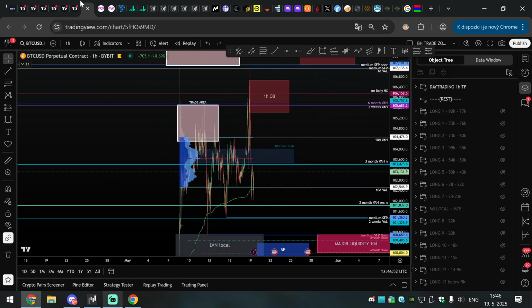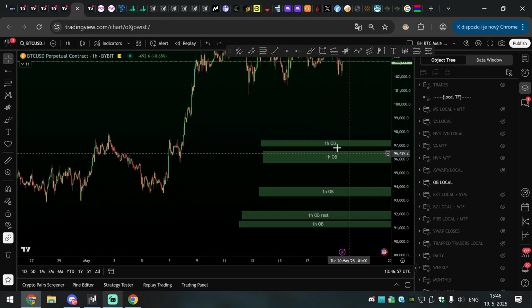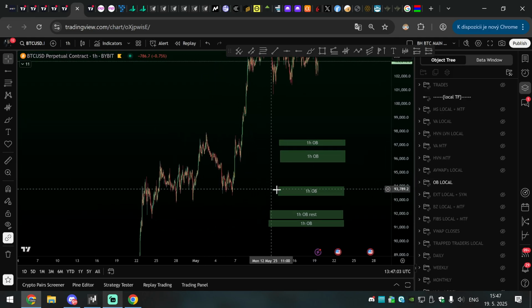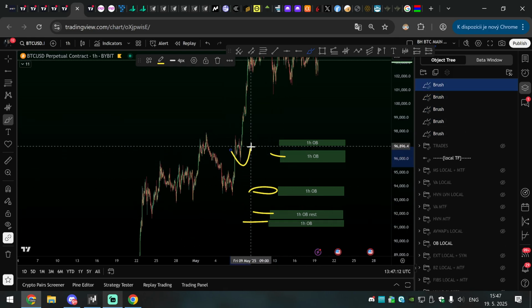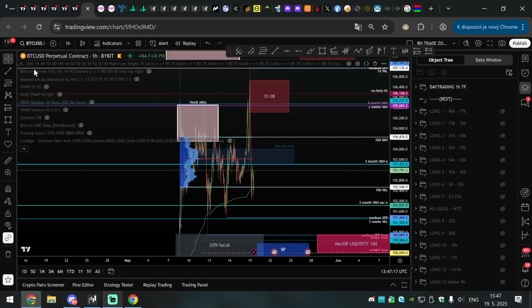So you've got this one, and then we have another one above us, and below us we have a lot of order blocks as support. We've trapped a lot of shorts in them, so you will be seeking them. The best order blocks, of course, are the range extremes. So this one, yes, and these two as well. Actually this one as well, because it's also at the end of the impulse here, so you can watch them. Even here,